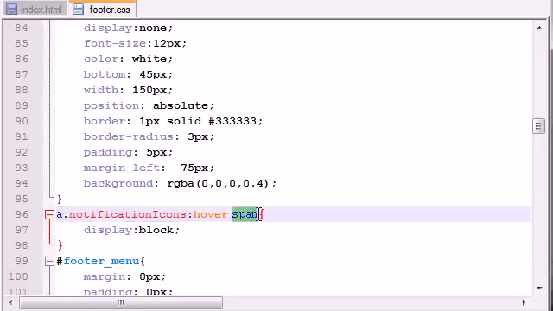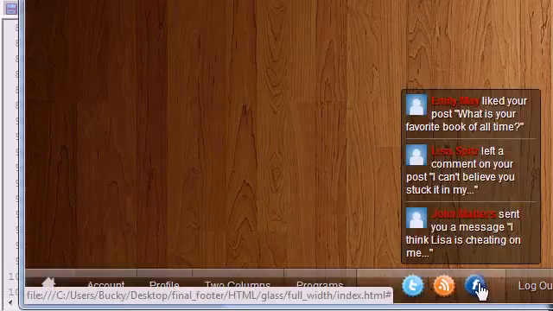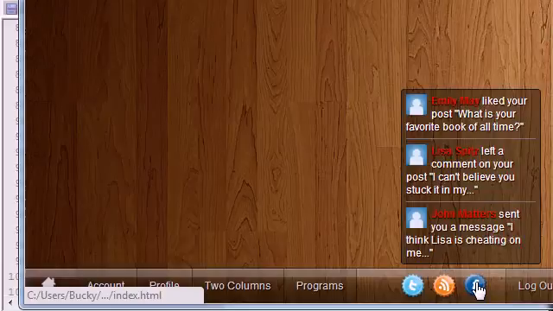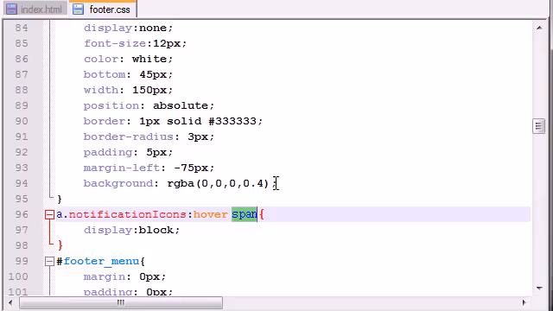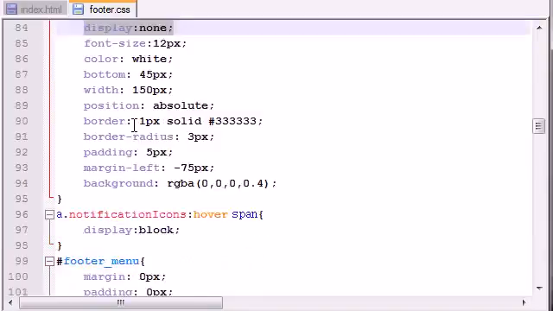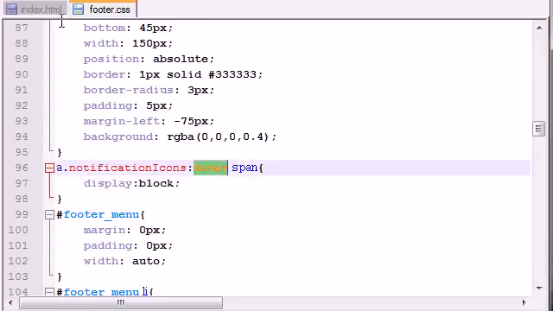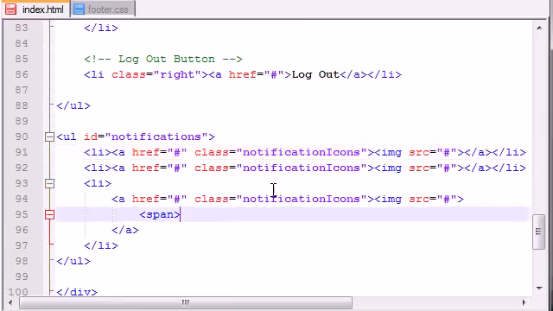Now, this span right here that we developed is the thing that pops up. It's basically the drop-up menu. So span equals drop-up menu. By default, it doesn't display. It only displays on hover. So again, by default, display none. Display block, which basically means display when you hover over the link. So span